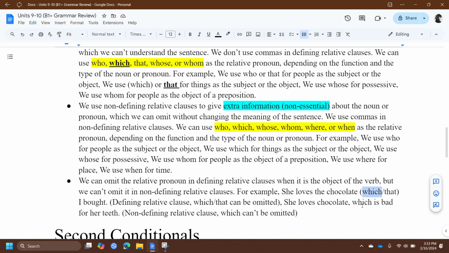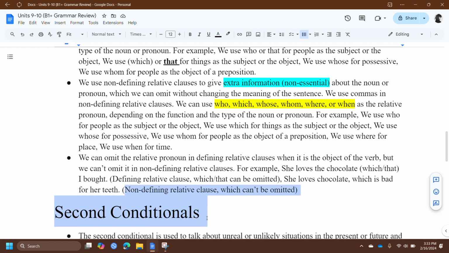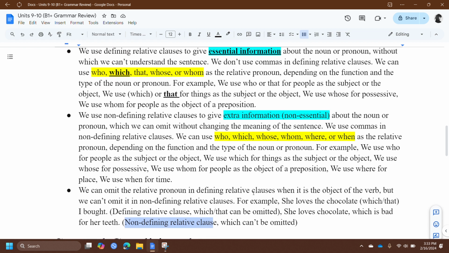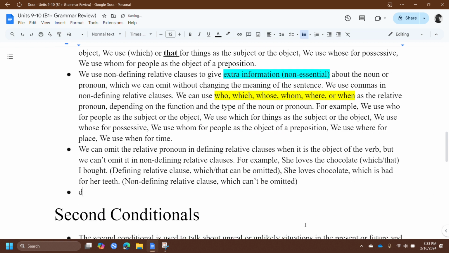Yeah, so she loves chocolate, which is bad for her teeth. In here, we cannot remove it because firstly, it's a non-defining relative clause, and also which alone is not going to be removed that easily. Mainly, you could also argue that which is bad for her teeth is not just talking about the chocolate, but it's also talking about the complete situation, which is something that which can do. It's in some places called situational